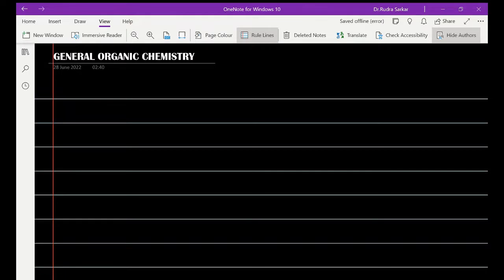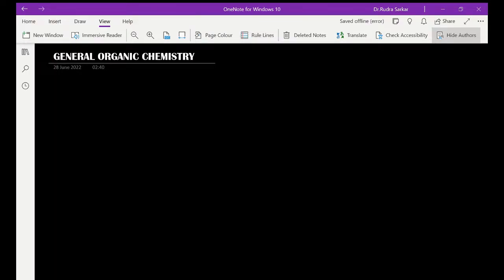Now in this lecture we're going to discuss general organic chemistry. So there are two types of effects. One is the permanent effect, and the other is the temporary effect. Now under permanent effect we have four topics known as